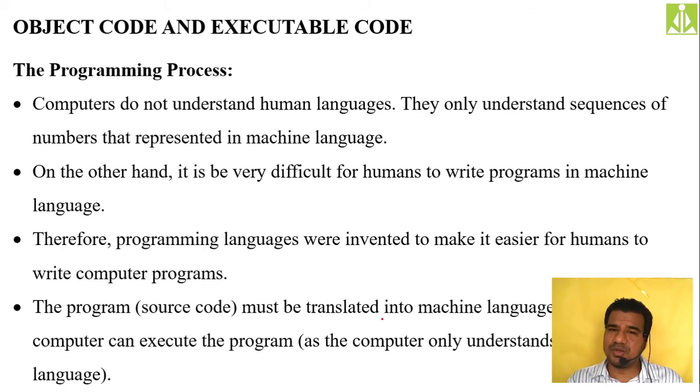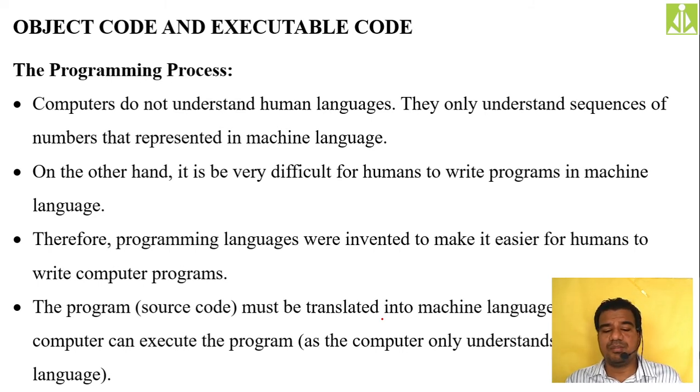Is the computer going to understand those intermediate languages? No. Again, there is a problem. The computer will not understand those languages either. The computer will understand only one language, that is machine language. So again, we need a translator program. Whatever instructions we are coding in C, C++, Java, again they need to be translated into machine language. Those translator programs are nothing but your compilers, your interpreters, all these things.